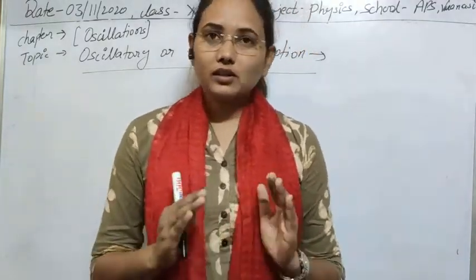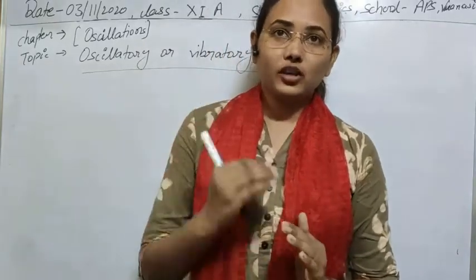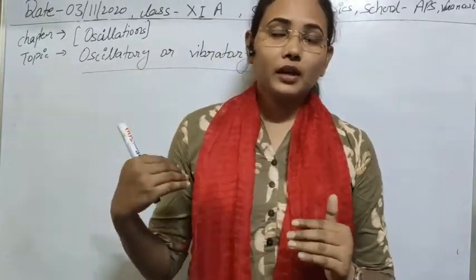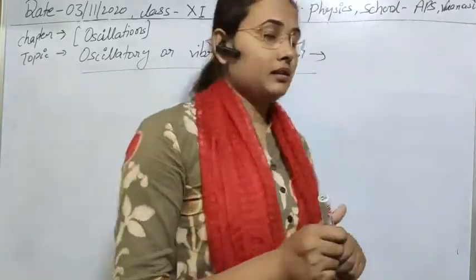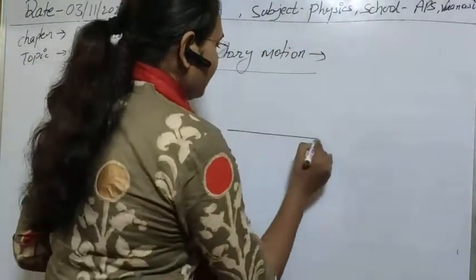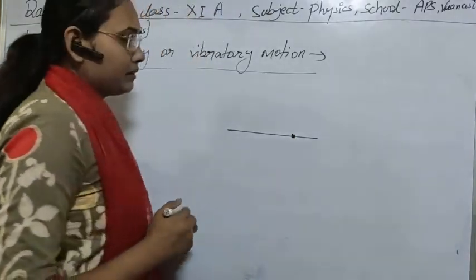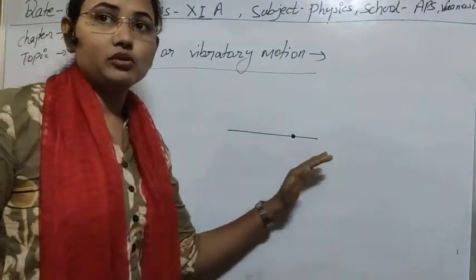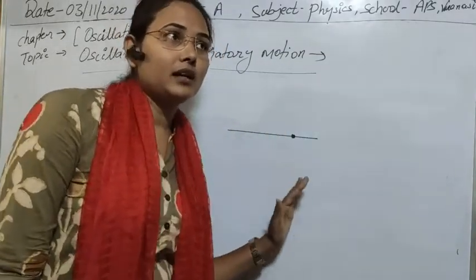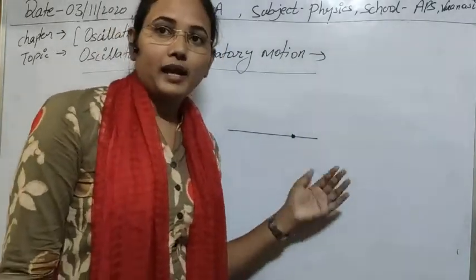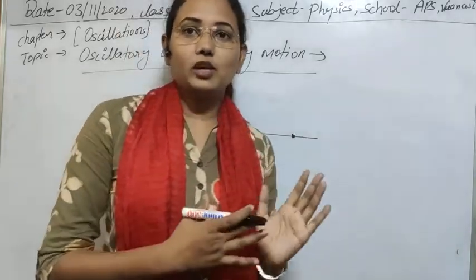So you have studied all the things regarding translational motion. If a body moves along a single straight line, a straight path, then such a type of motion is called translatory motion or translational motion. And we have studied a number of laws and properties in the case of translational motion.